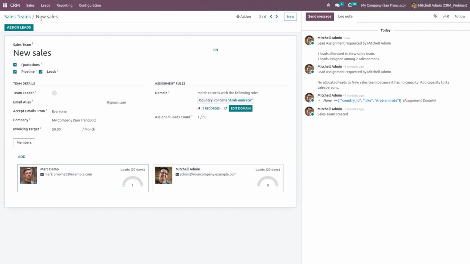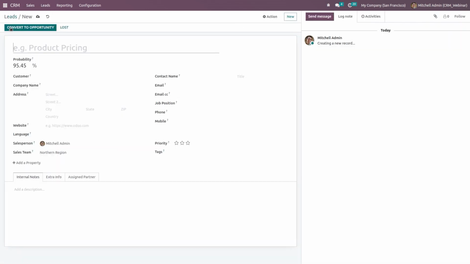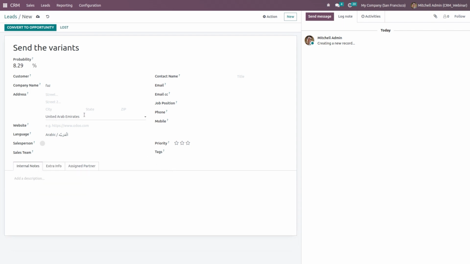and I'm creating one more lead containing the Arabic language. And setting the lead as in the variants. Okay, and choosing the company name, and also choosing the country as United Arab Emirates. Now the language is Arabic, and I'm removing the salesperson and sales team. It will be automatically assigned. So the country is United Arab Emirates and the language is Arabic, and I'm saving this lead and going to